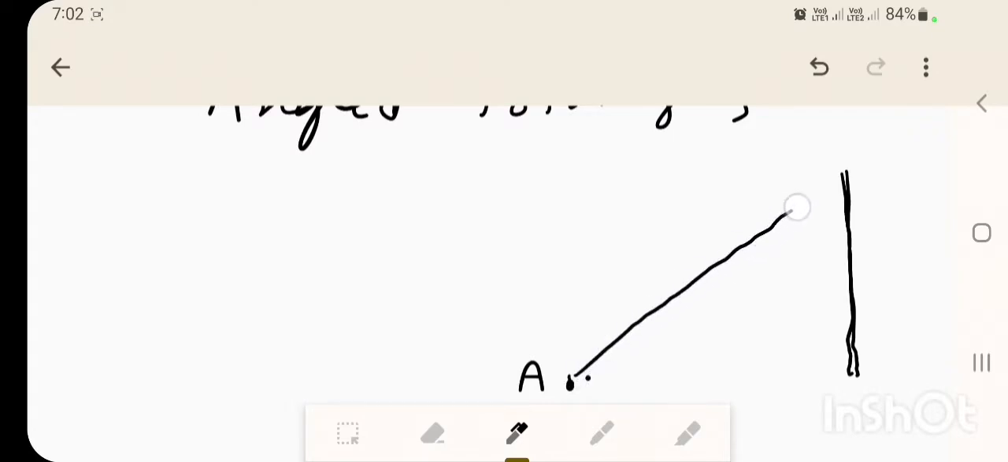So for example, suppose you are observing the top of a palm tree. We are observing the palm tree by standing at a distance away from it. Suppose it is the location A. From this point we are observing the top of the palm tree, so we have to observe at an angle of elevation,